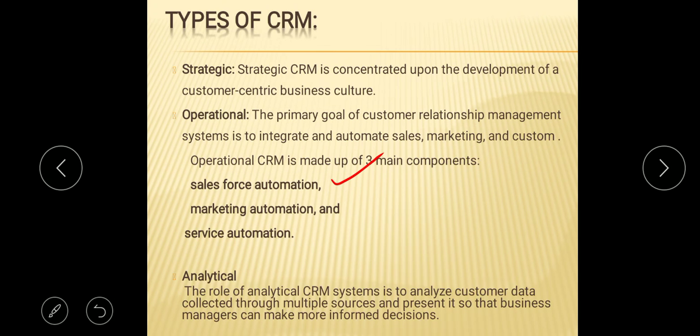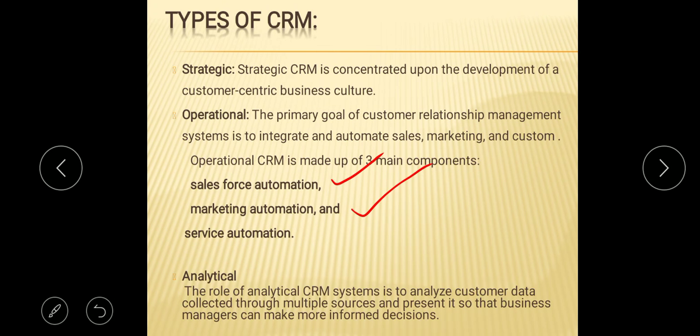Next one, marketing automation focuses on easing the overall marketing process to make it more effective and efficient. CRM tools with marketing automation capabilities can automate repeated tasks. For example, sending out automated marketing emails at certain times to customers or posting marketing information on social media. The goal with marketing automation is to turn a sales lead into a full customer. CRM systems today also work on customer engagement through social media.